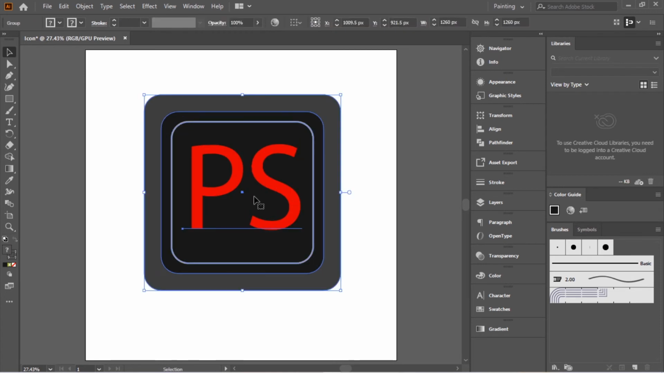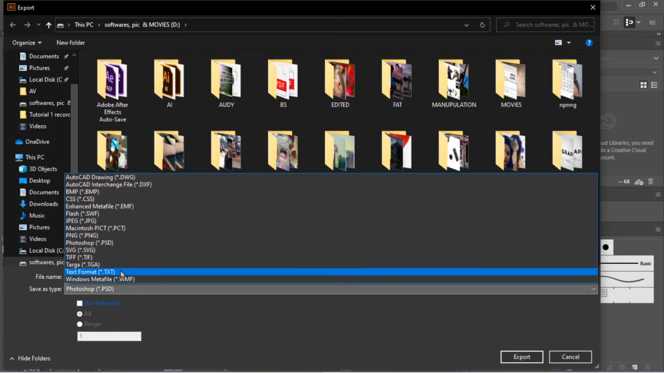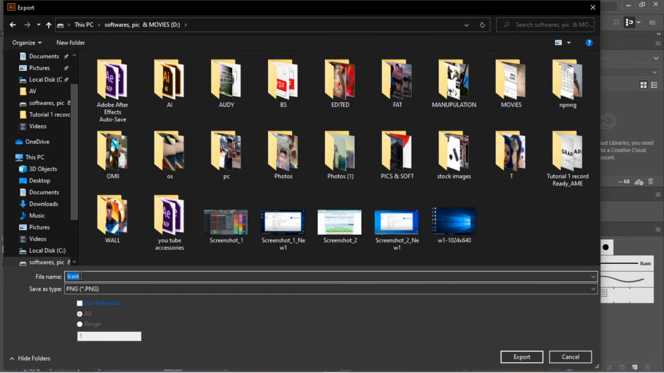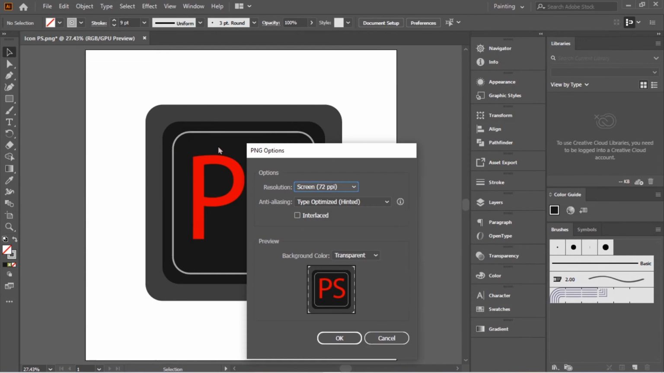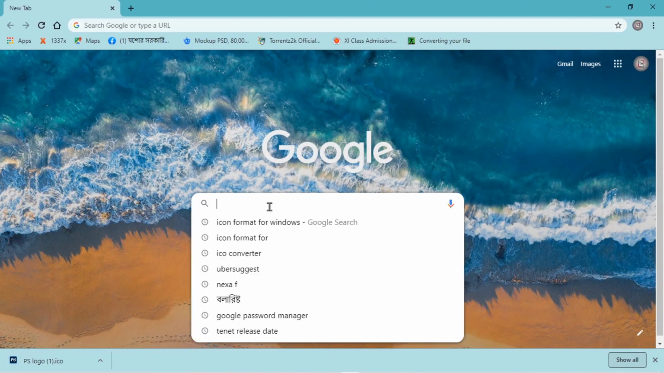Drag it here and go to File, Export, Export As. You have to export it as PNG file, so select PNG, rename it if you want and hit export. Now here resolution you can choose high and here you can choose art optimized. Hit OK. Make sure the background color is transparent and go to any browser, search for icon converter